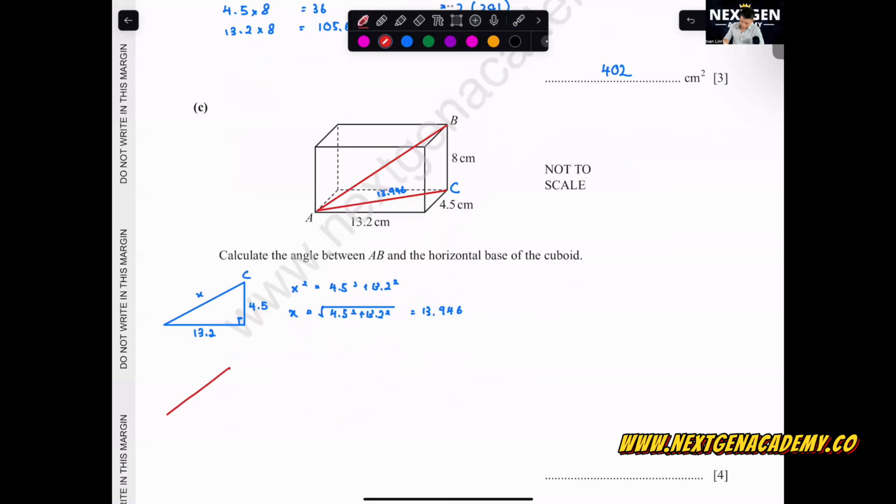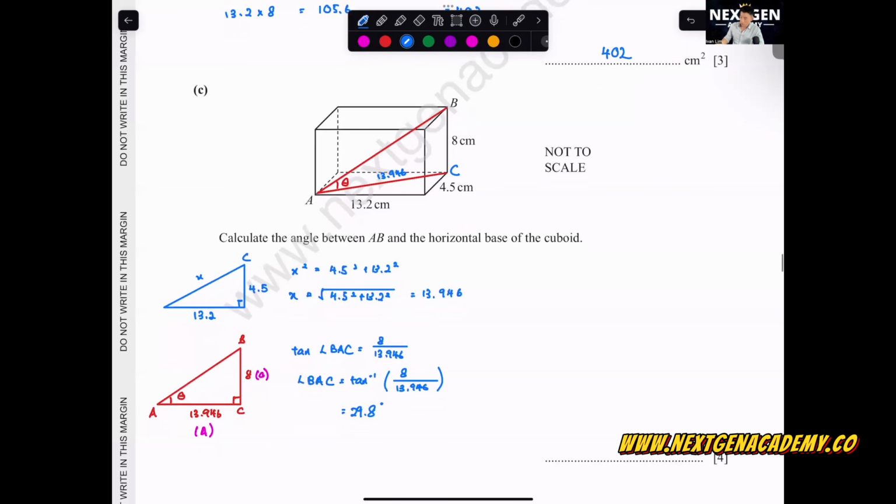Now we look at the red color triangle, the one that's standing up, ABC. Okay, here bottom is 13.946. Here is 8. The angle that we want is this part here. Okay, this is the theta. We are going to use SOHCAHTOA. We have opposite, we have adjacent. Opposite over adjacent, tangent. TOA. So tangent angle BAC is equals to 8 over 13.946. Okay, so the angle is just inverse tangent 8 over 13.946,